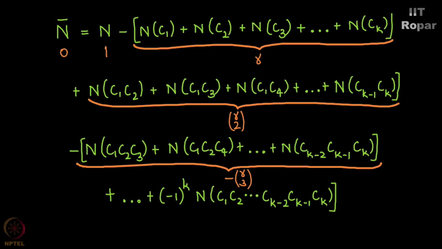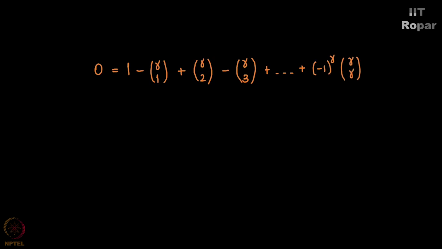Again, a point of warning. Think about how it stops at R conditions. I mean R lines here. Okay, and now it contributes 0 to the left hand side and 1 to n, and then minus R choose 1 plus R choose 2, because R is R choose 1. So R choose 2 minus R choose 3 plus R choose 4, so on up to minus 1 to the R times R choose R. Again, see how it is minus 1 to the R here. So minus R choose 3: 3 is an odd number, so you put a minus. 2 is an even number, so you're putting a plus. So you observe that it will be minus 1 to the R.